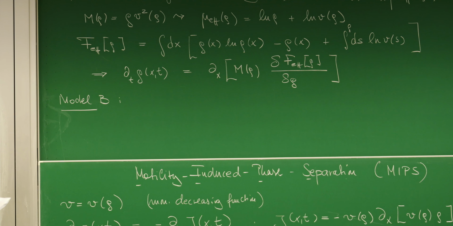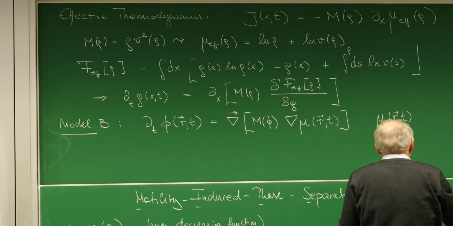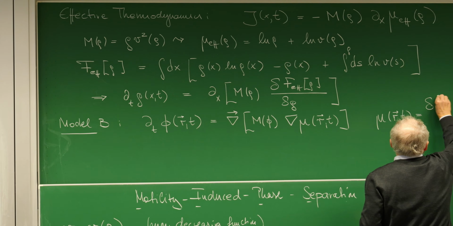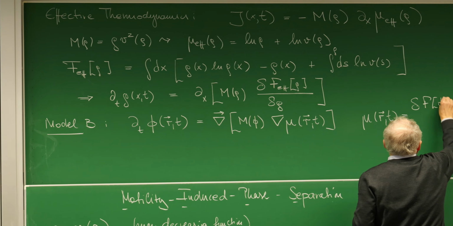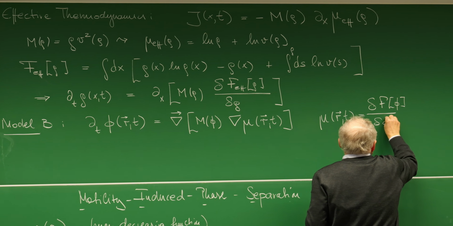And let's also go to general dimensions. Then recall that model B had the structure: it's the nabla operator divergence of the gradient of a chemical potential. And our chemical potential has the form of df of phi d phi,